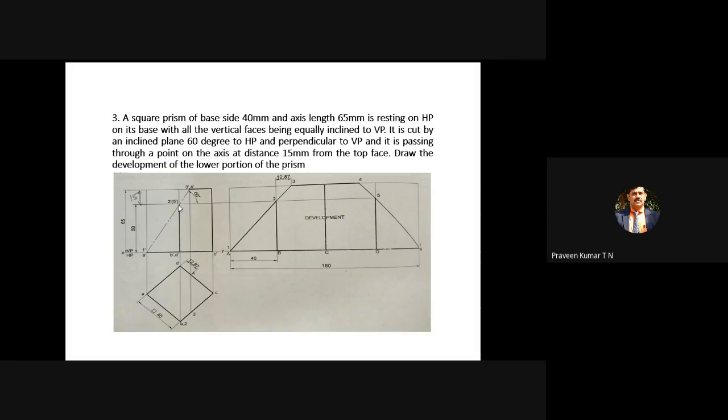Then similarly, from 2, draw one horizontal line. Because 2 corresponds to the longer edge at B, it will intersect this longer edge B at this particular point. When you draw the horizontal line, it will intersect B at point 2, and 3 corresponds to BC. After getting 3 and 4, you can get the point BC also.